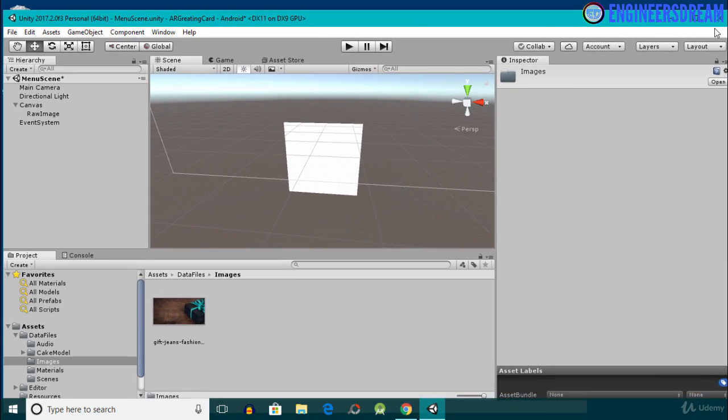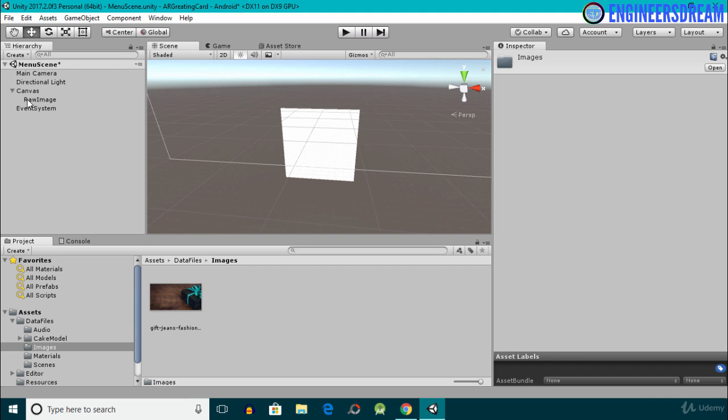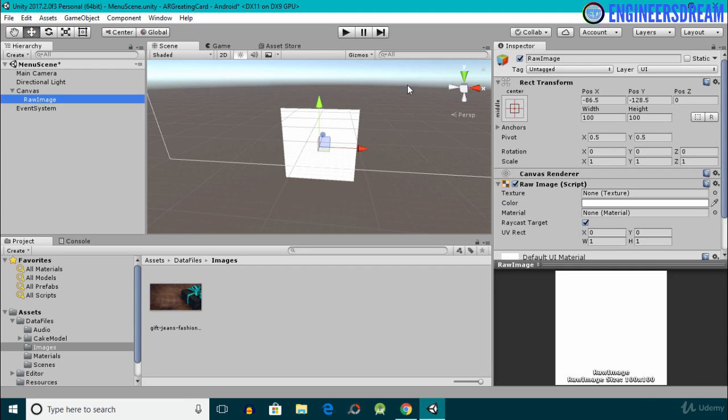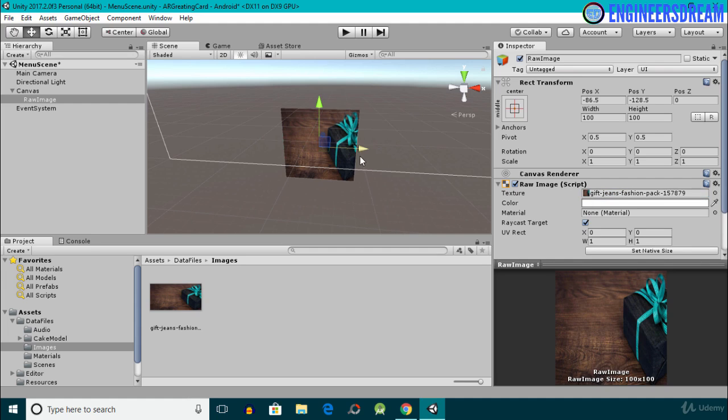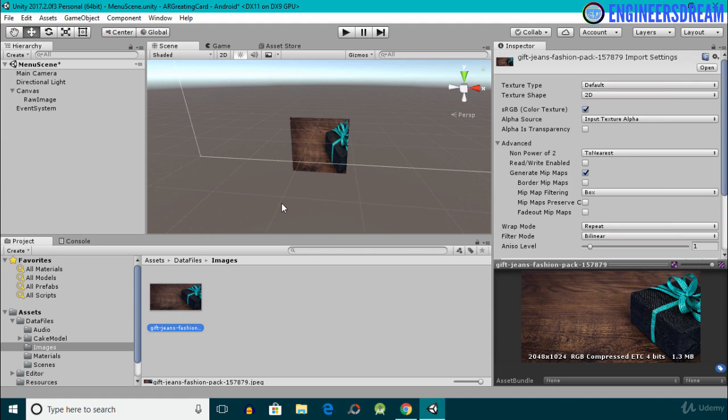Okay, so I've basically copied this image inside Unity. After this, I'll click on the raw image option, and next, in place of this texture, I'll drag this image. Okay, so I'll select this image and drag it onto the texture over here. Now if you look very carefully, this image is in a square shape, but this image over here is in a rectangular format.